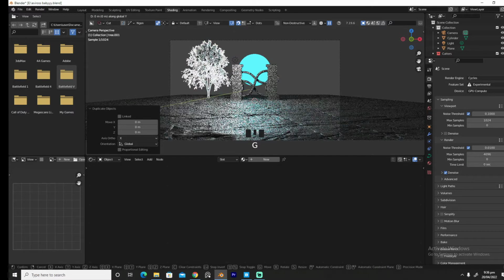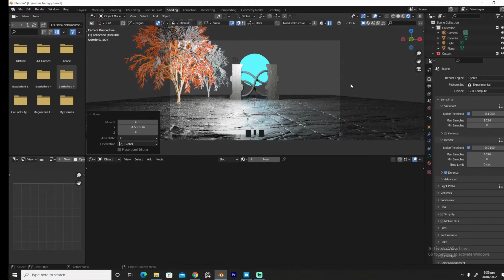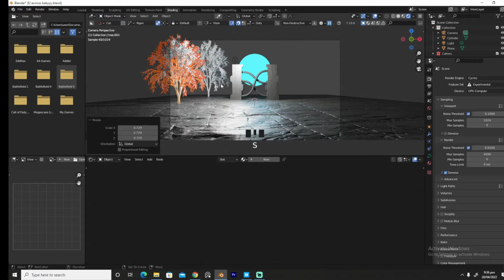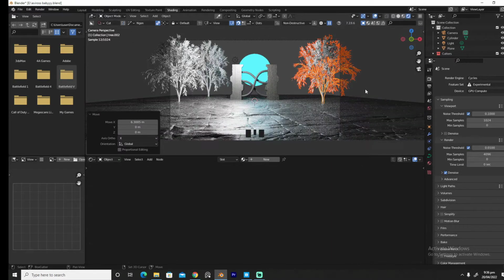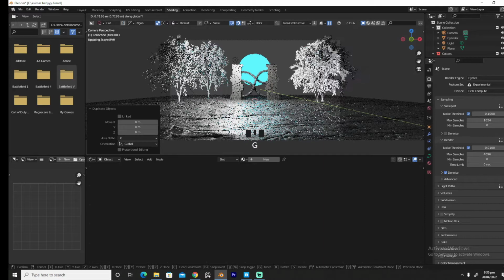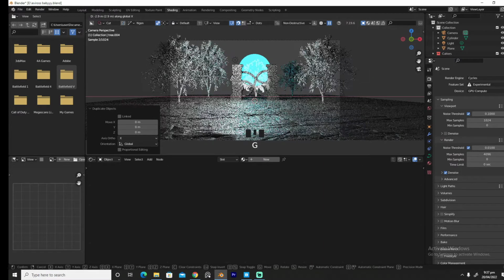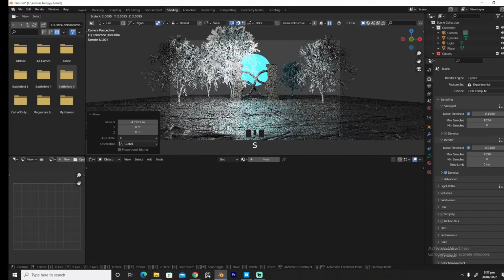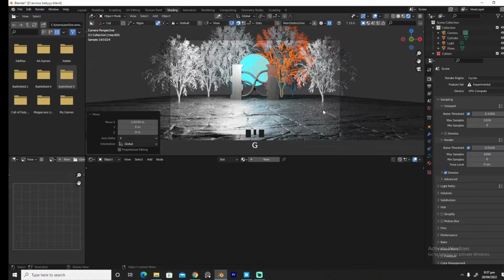Shift E this and bring it somewhere right about here. Shift E this, G X, Shift E this, G Y, Shift E, G X, and scale it up. Shift E, G X, and bring it right about here. Okay, alright, so the next thing we're going to do is